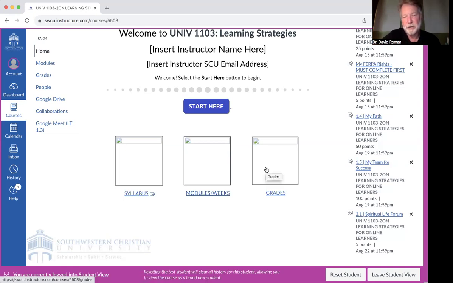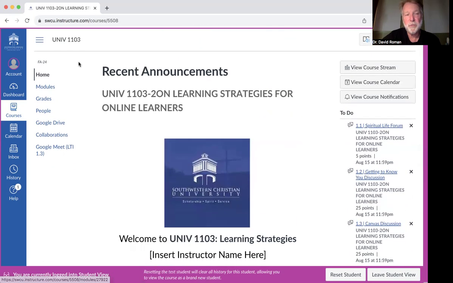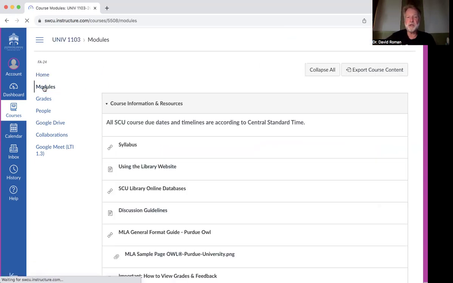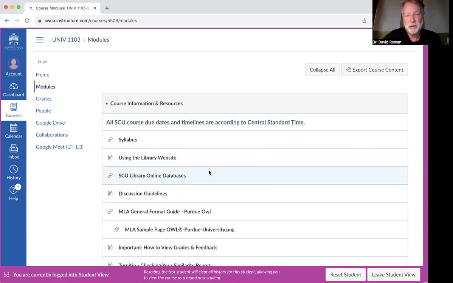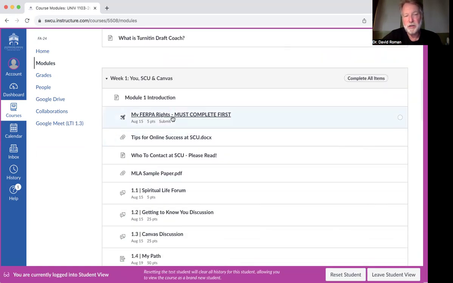Grades, I don't know where that goes. Maybe it takes you to the grades for this course, but the modules and weeks is the one that you're going to be paying most attention to. You can also get there up here by clicking on modules. And I want to draw your attention to one of the first things that you need to do, and that is that you take this FERPA Rights